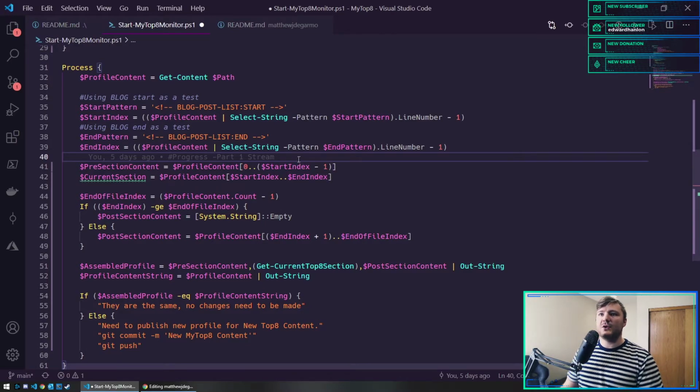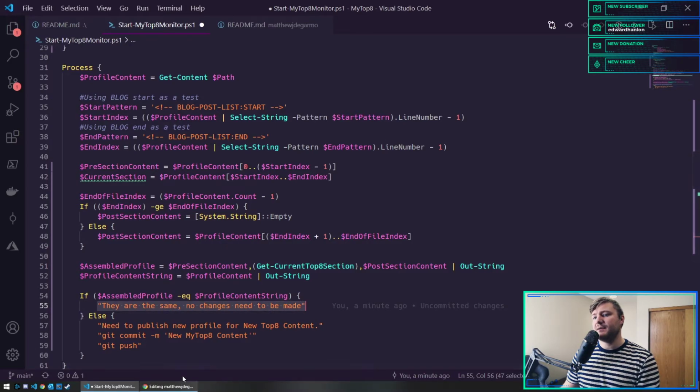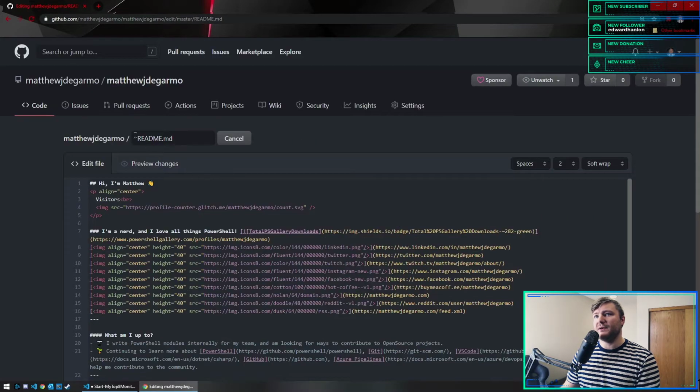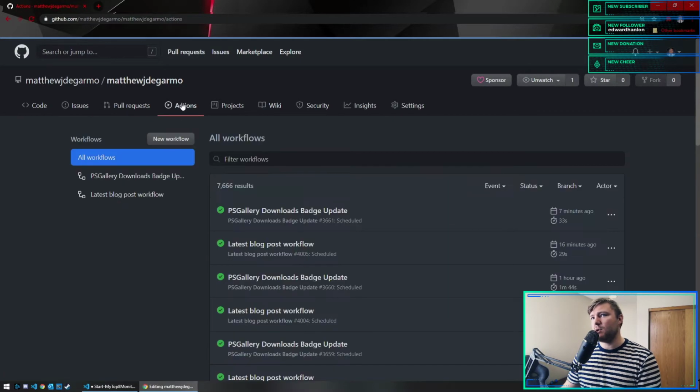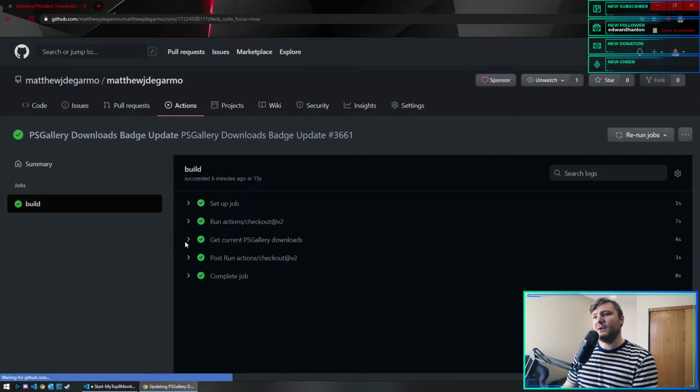Okay, so what do we need to do now? We've got, this is empty right now. We've got our comparison. The reason we need to output stuff here is because in the GitHub Action, there's output. And so if someone's wondering, why isn't my code running? Let's look at this one I made. PowerShell Gallery update. If we come into here,